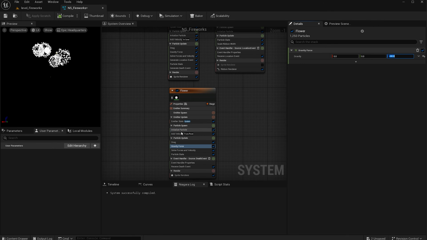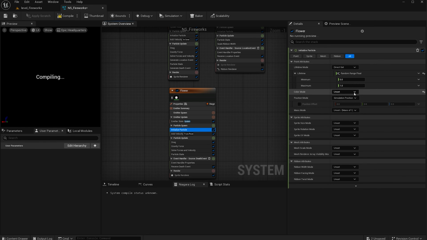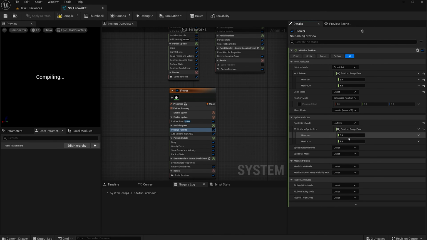Nice. So now under initialize particle, let's randomize their lifetime with a random range float. Let's make the minimum 2 and the maximum 4. We can also do the sprite size mode. Let's add a uniform to that and random range float. I'm going to make it 25 by 30 for their size. So now when we watch it,